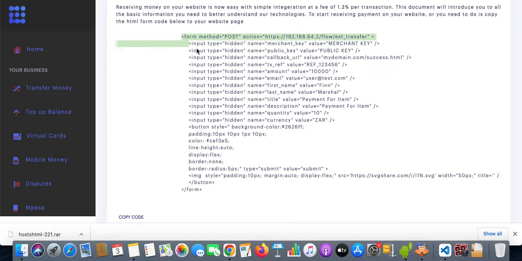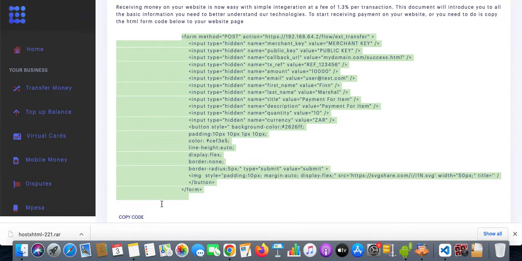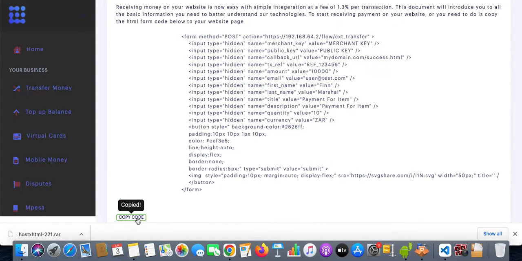You get your drag and drop form over here, which is just a button where you're going to be able to replace the merchant key and the public key on the button on the form, and this will allow you to make API calls. And I will later show you what the secret key, or the private key, is for. However, for the purpose of this tutorial, I think the best thing is to just mind the merchant key and the public key. And of course, there are a couple of other fields, the currency and the quantity and all of these. But let's just have a look at